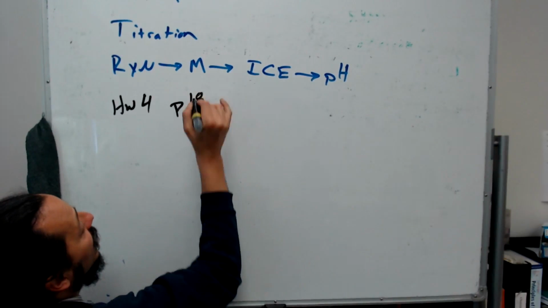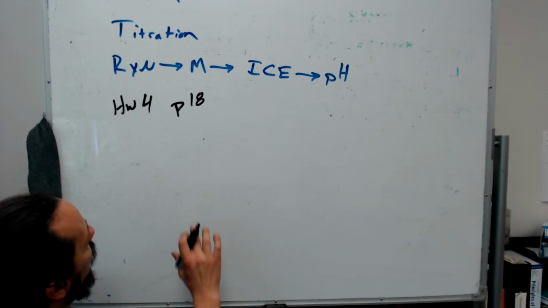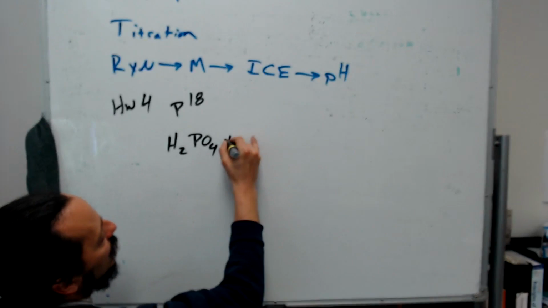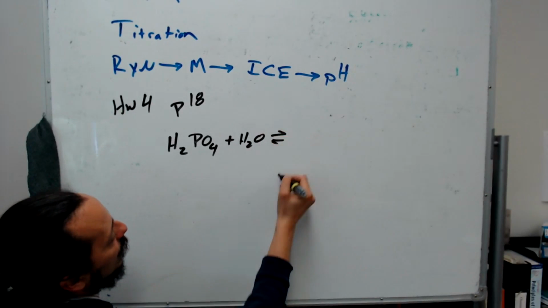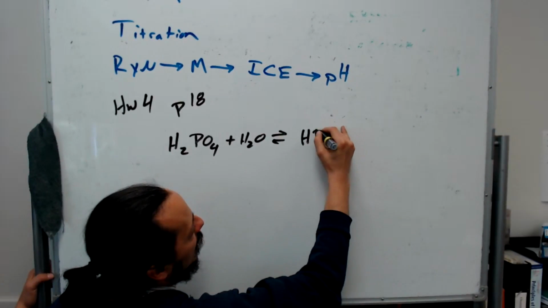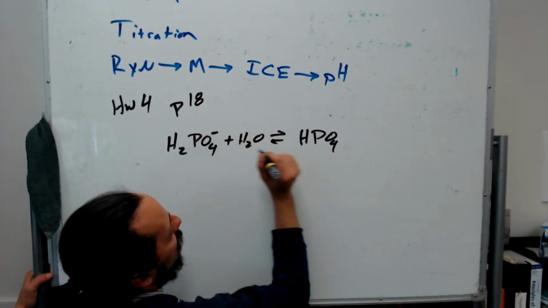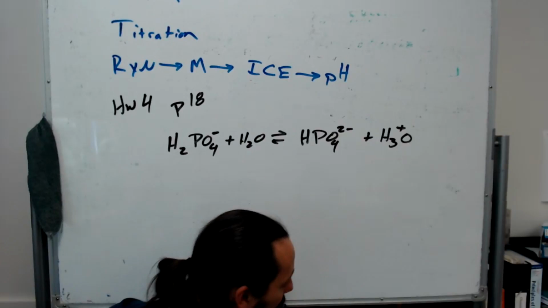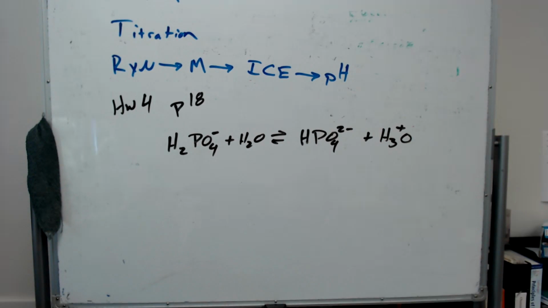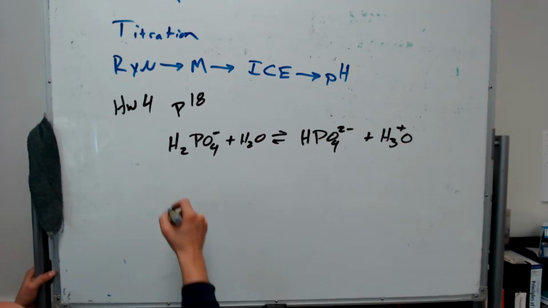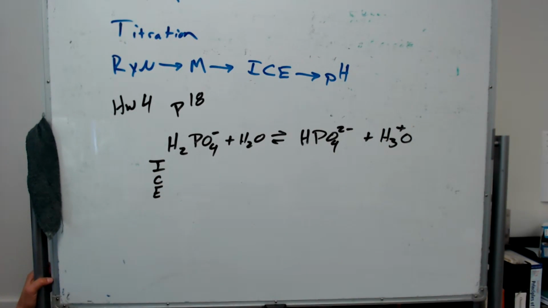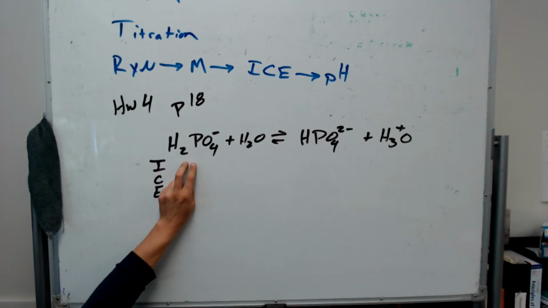Okay. So we're looking at a phosphoric acid buffer, which means we're looking at H2PO4- plus H2O going to HPO4 2- plus H3O+. And you can all get mad at me for not putting states of matter, but you know they're all aqueous. We're going to set up an ICE table here. Initial, change, equilibrium. Our initial concentration of the H2PO4- for part A